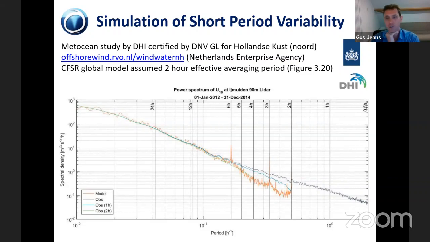So I'm initially going to talk about the characterization of peak wind speed events for the estimation of extremes, rather than looking at normals. And this is again an extract from one of those public domain Netherlands Enterprise Agency studies. Again, this one's for Hollandse Kust Noord. Again, the Metocean study was produced by DHI and certified by DHL. This is for a different location, but it's one that I've looked at more closely, so I included this